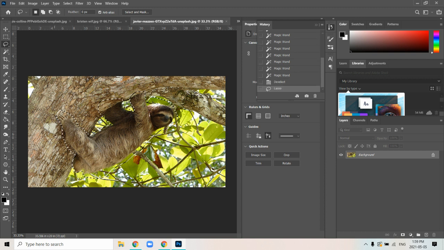If I want to get really close, I can zoom in and use the magnetic lasso tool, which is going to use edge detection software to find the areas of strongest contrast. So as I'm clicking, I'm dropping what are known as anchor points. Anchor points are defining the shape of my selection. And the magnetic lasso tool is kind of going to help to speed this process up by looking for the strongest area of contrast in the pixel's color